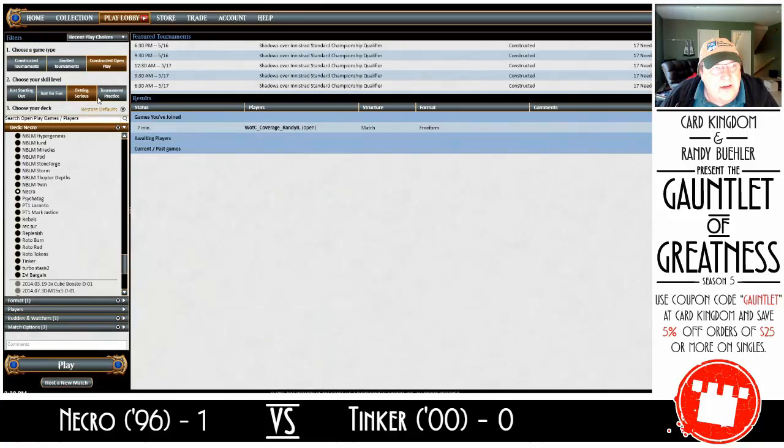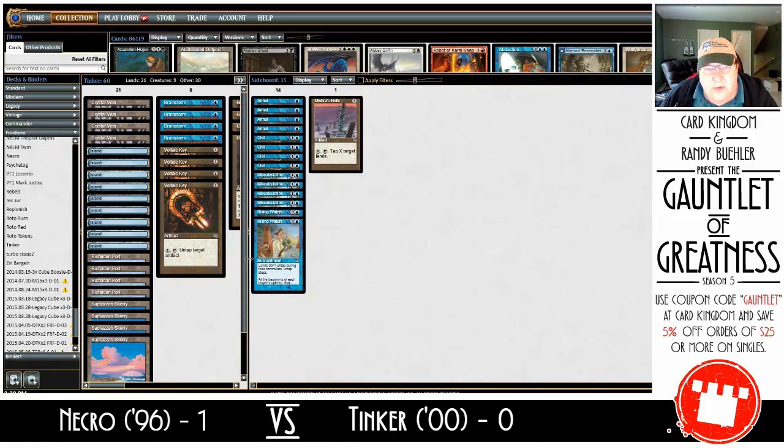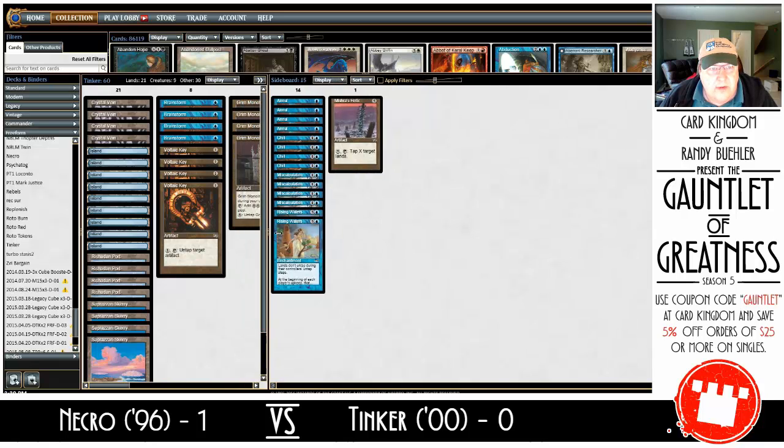I wonder, does he have any sideboard tech I need to be thinking about? Oh, he's got these Rising Waters, which are annoying. He can Annul a Necropotence, but I don't know that he wants to do that. Like...